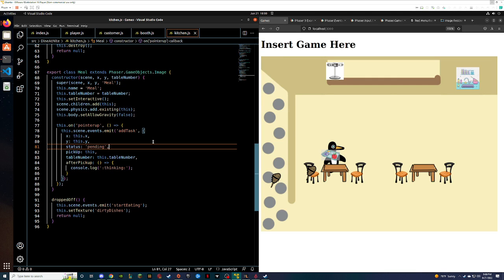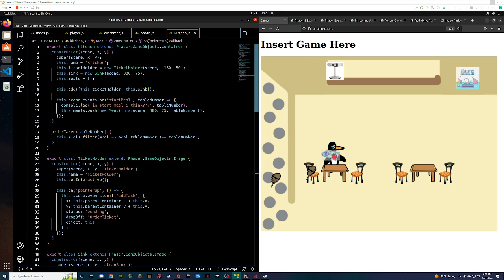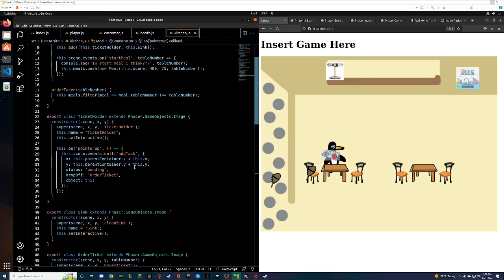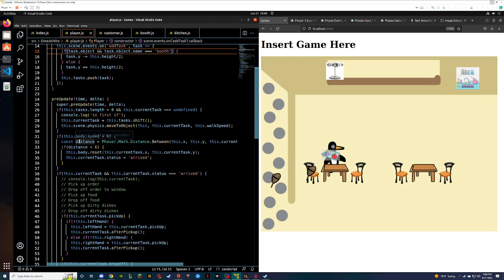So, what we have for today is, even though I spent time figuring out how this scene events emit thing works, I think we can make this whole process better.